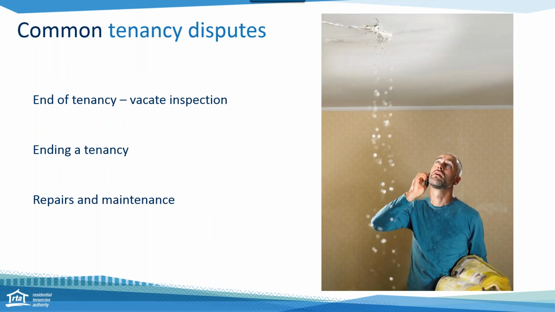The majority of tenancies do run smoothly with little or no problems. The RTA received over 29,000 dispute resolution requests last financial year, with 52% of those matters relating to bond disputes. This is where someone has claimed on the rental bond and the other person has disagreed. Remember, the quickest way to get a bond refund is an agreed form by both the tenant and the agent or the owner.